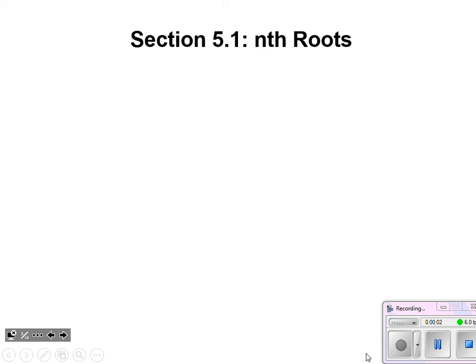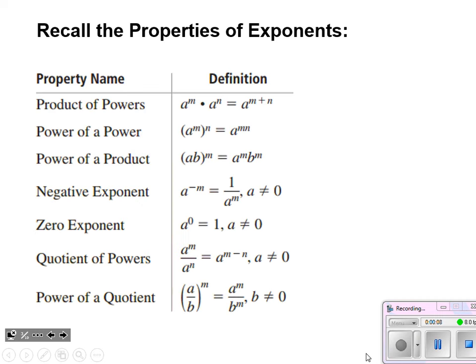Welcome to Algebra 2. This is section 5.1, nth roots. All right, so this chapter, we're going to start looking at how exponents tie together with different roots that we could take. So it's important that we go back over some of the properties of exponents that we learned from